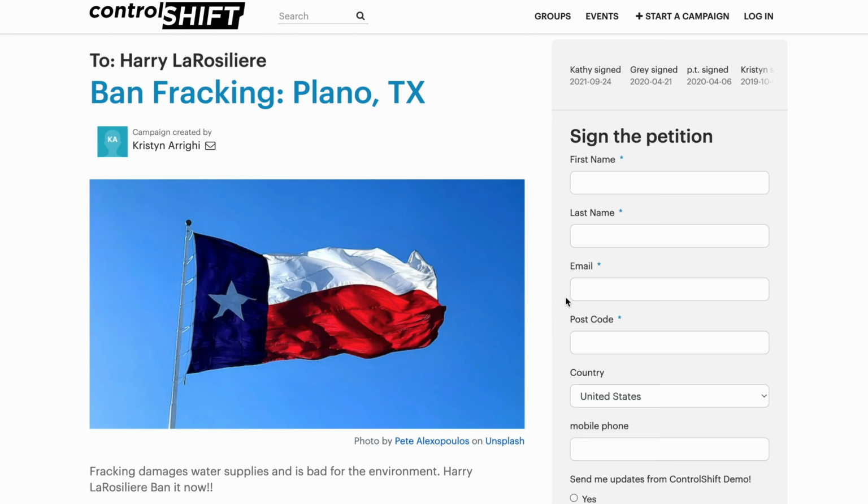From here, I enter my normal signature details to add my name to this campaign. Keep in mind that efforts are made up of individual petitions. Each petition has its own signature count and its own mailing list, but the signature counts for individual petitions will also roll up into the effort-wide signature count, helping you demonstrate the full impact of your effort, while still allowing individual petition leaders to use the normal petition leader tools.